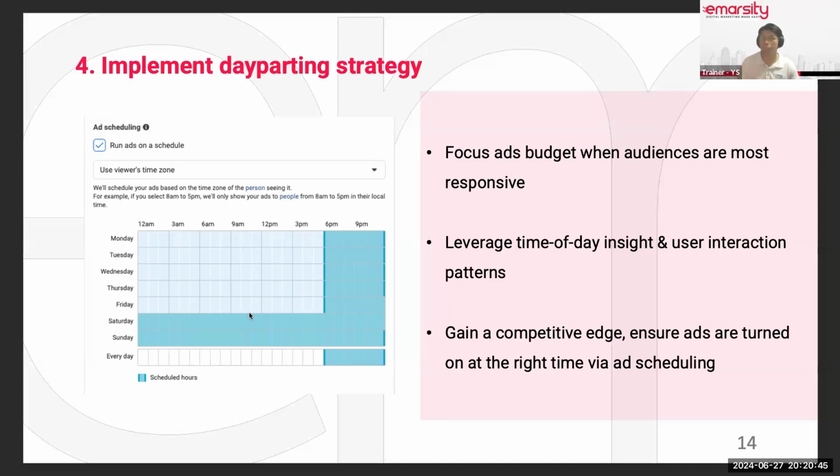For context, e-commerce firms usually run ads on this kind of hours. Why? Because usually e-commerce purchases are very heavy on weekdays, very heavy in the evening, and on the weekend it is all day. So get a competitive edge, and ensure that your media spend is utilized well when your audience is most interactive.